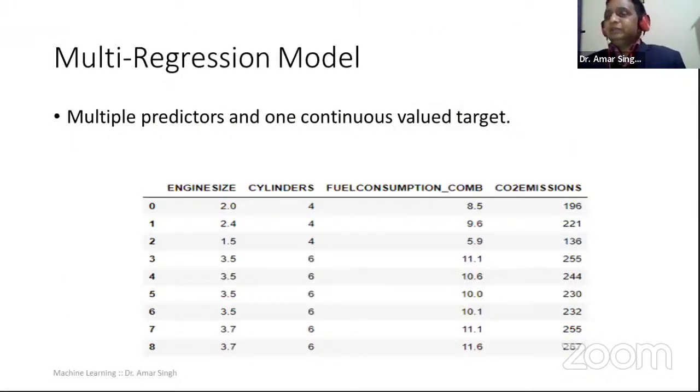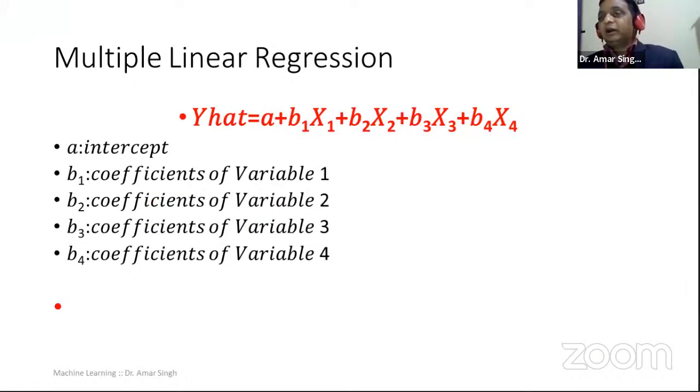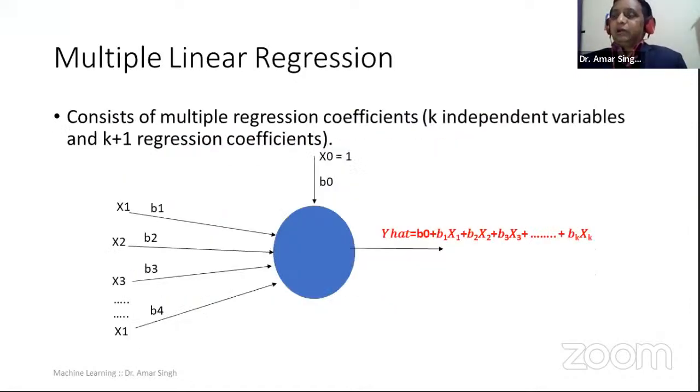And what is multilinear regression? In multilinear regression, instead of one input, we have more than one input. The equation of multilinear regression is B0 plus B1 multiplied by X1 plus B2 multiplied by X2 plus B3 multiplied by X3, and so on. Here B0 is the bias term, and B1, B2, B3, B4 are the coefficients of the regression model. Now I'm skipping the implementation of multilinear regression due to shortage of time. In multilinear regression, we have multiple inputs and one output. Right. So like here, we have some inputs and one output, that is y hat, and b0